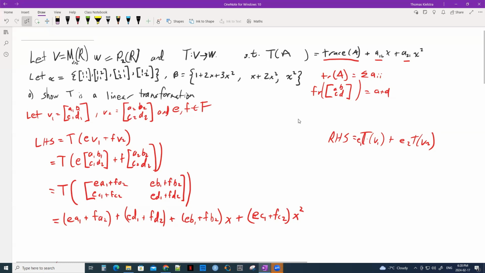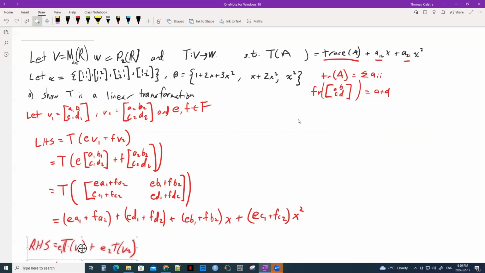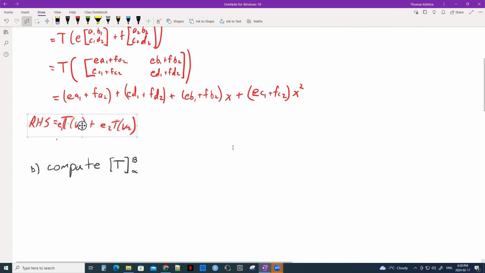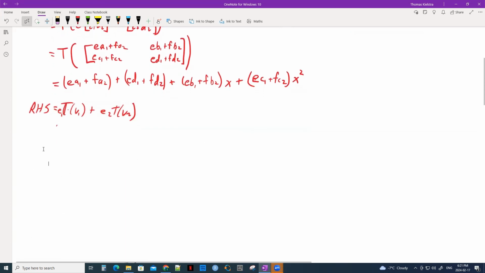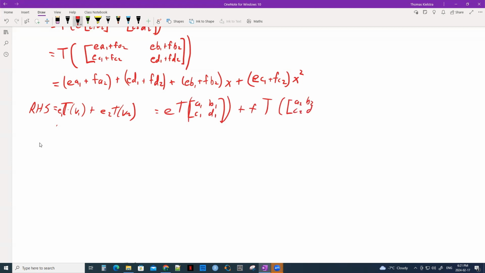And like we did last time, while we set it up so we have right-hand side, left-hand side, we're going to take this right-hand side and move it below our analysis for the left-hand side, and expand and show that they're equal. And once again, we're going to create some space, and we're going to apply the definition. So this here is equal to E T of A1, B1, C1, D1 plus F T of A2, B2, C2, D2,